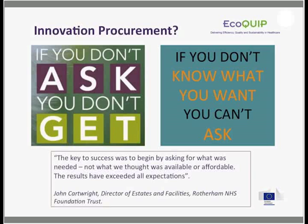And I've stolen a quote from John here, because for me it said everything. It wasn't actually about the project he's going to talk about, it was about a previous innovation procurement project. The key to success was to begin by asking for what was needed, not what we thought was available or affordable. And the solutions have exceeded all expectations. And I'm hoping that he'll probably agree that's true of his latest project as well. What we tend to do is limit our options to what we believe is possible, rather than challenging the supply chain to come up with new solutions. So,